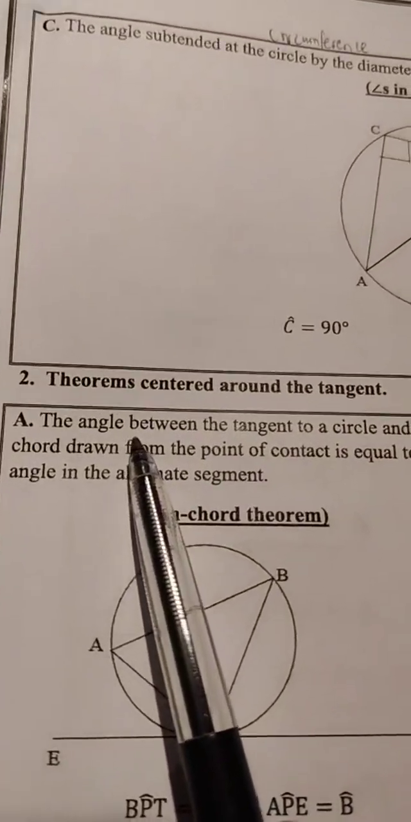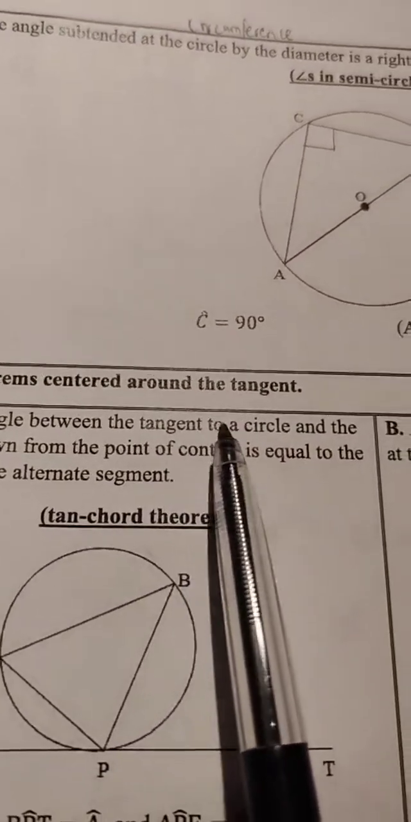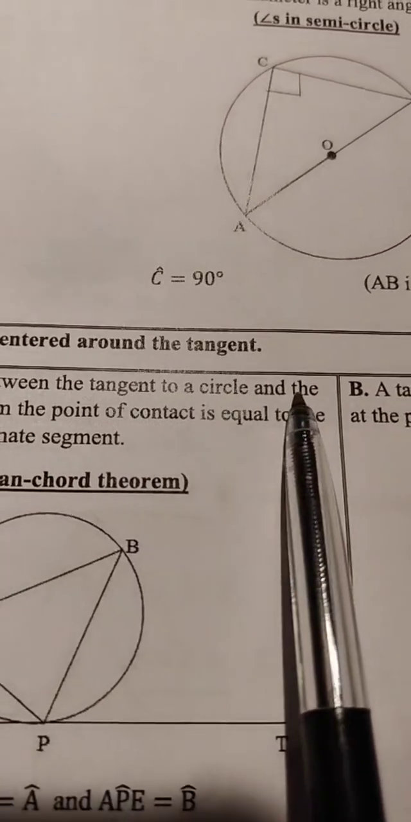The theorem statement says the angle between the tangent to a circle